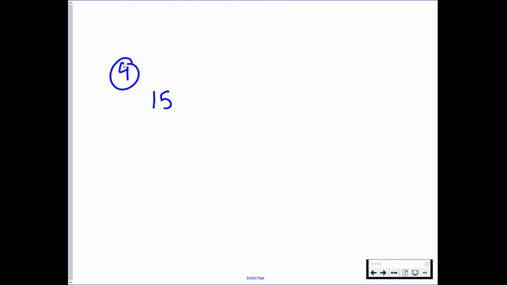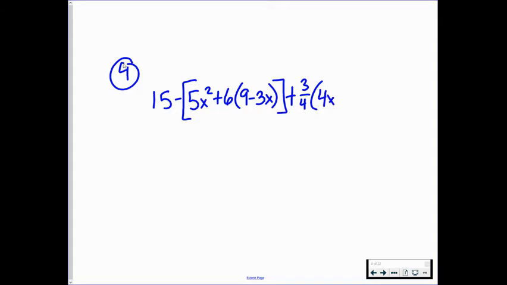On number 4, it's kind of long, but we can still do it. We have the expression 15 minus bracket 5x squared plus 6, parenthesis 9 minus 3x, close parenthesis and close bracket, plus 3/4 times 4x squared minus 8x. This is an algebraic expression. We're just going to simplify it. You'll notice here, though, we've got brackets and parentheses. Remember, when you have both types, you're going to work from the inside out. So I'm going to simplify the inside first